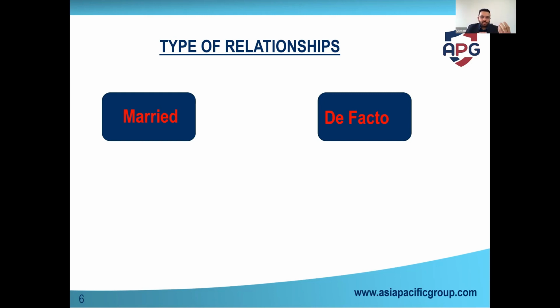So if you're in a married relationship, the rules are slightly easier and they're slightly not stacked against you. In de facto, the onus will be on you to justify that, despite not having a marriage certificate or any kind of legal document showing that you're a couple, you are still in a relationship. So that's also another factor. Both have equal chances, but obviously the documentation changes.